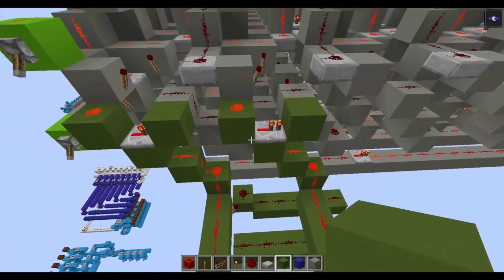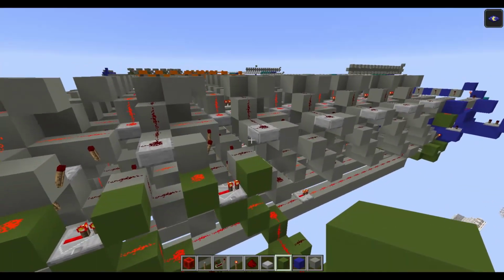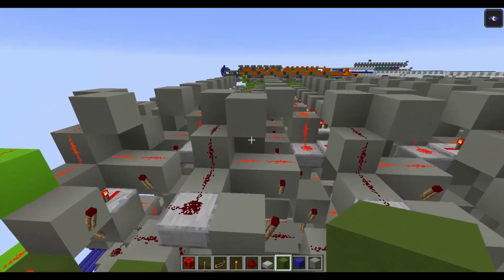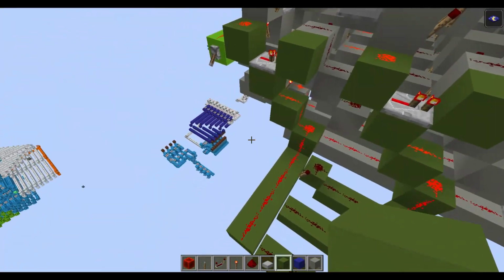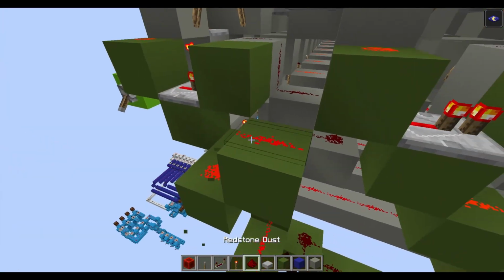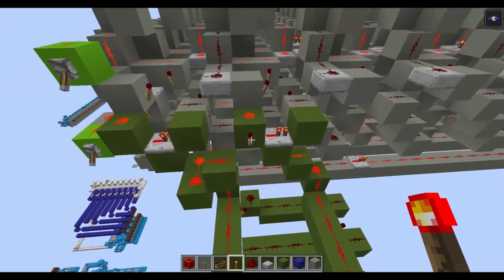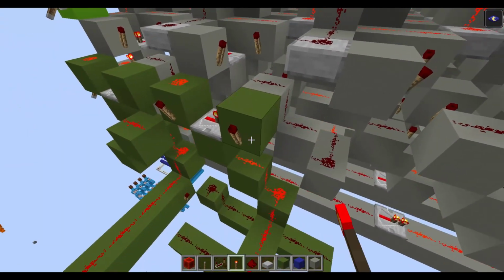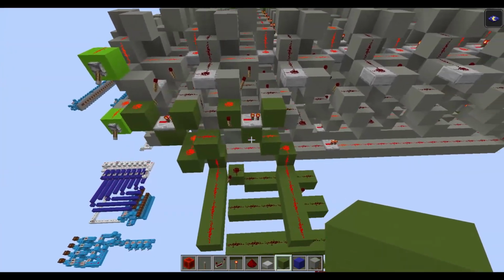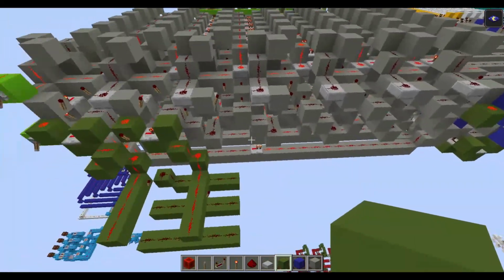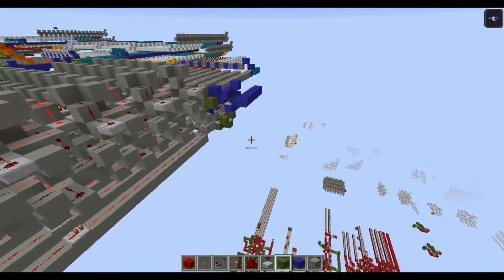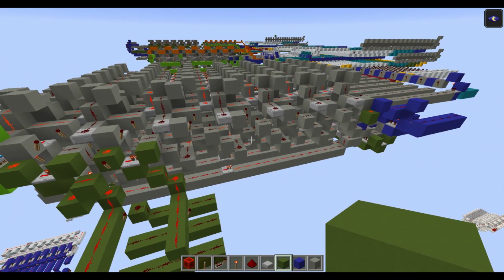But we need to select only one line each time. So if we have something in this cell, we need to lock the previous one. So we can do this by adding some wire here and a torch here. And that way, oh, no, not here, we can select only one each time. So I will build the thing for the rest of bytes.